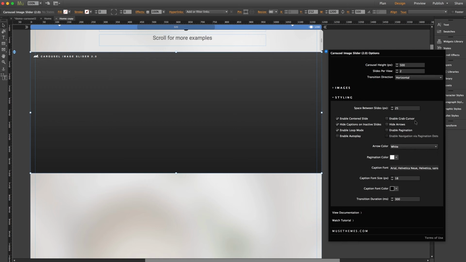Enable Grab Cursor. This allows the user to transition the slides with their cursor instead of having to just click the arrow, kind of similar to how you would on a phone or a tablet. Hide Arrows, of course, does just that, in case you don't want the user to be able to control the slide. Enable Pagination. Now, if you turn this on, you'll get those pagination dots that show the user which slide